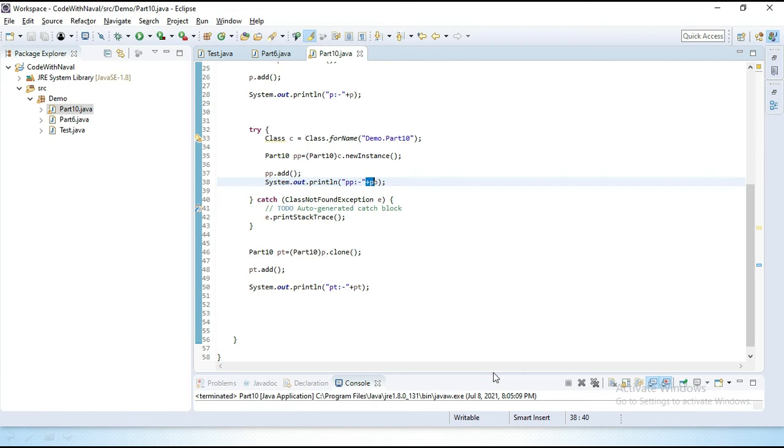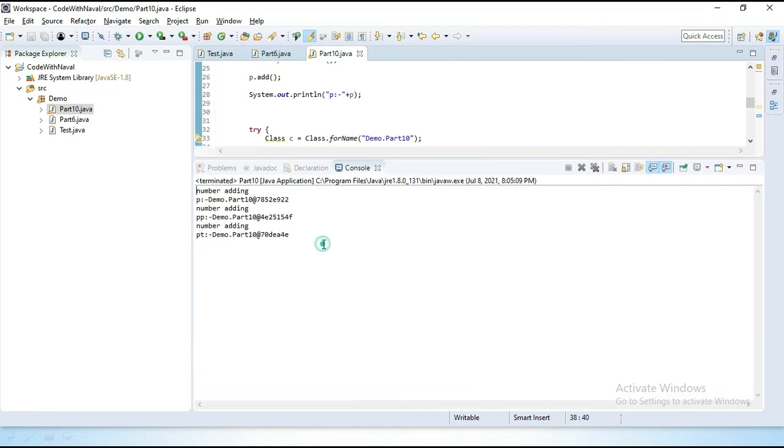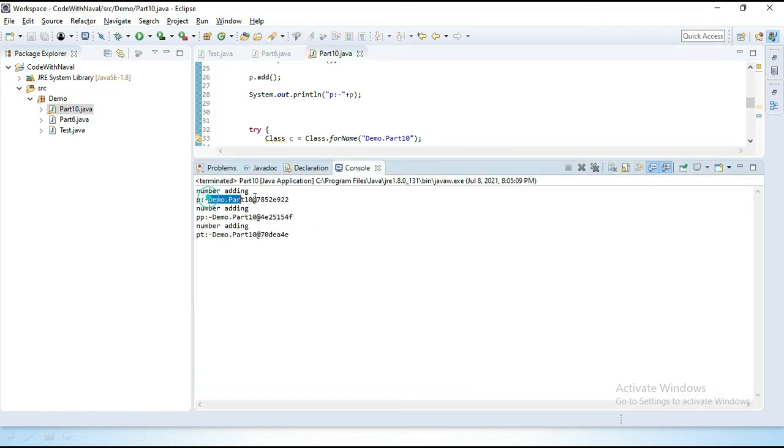Now you can see we got these three objects. Now you can observe these three object addresses are different. Let's observe this address. Every address starts with the fully qualified class name, then @, then this random value.